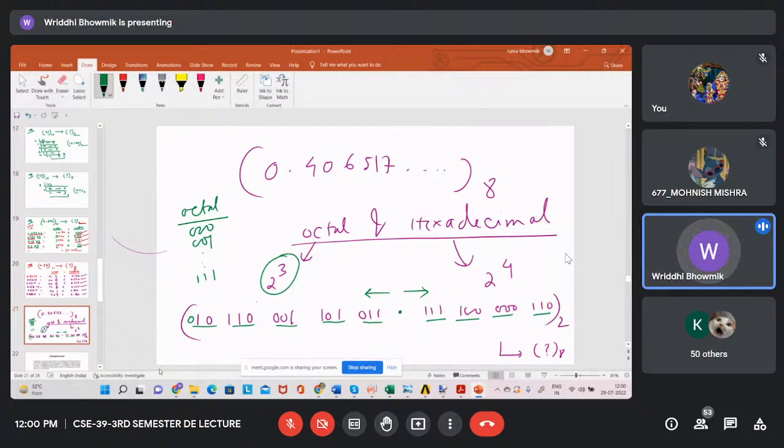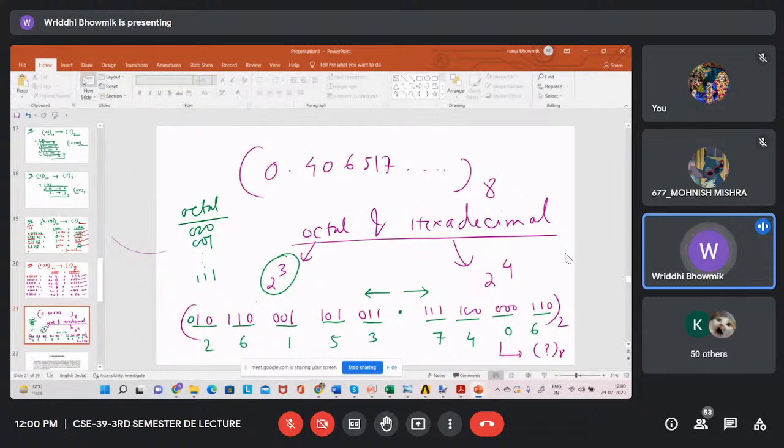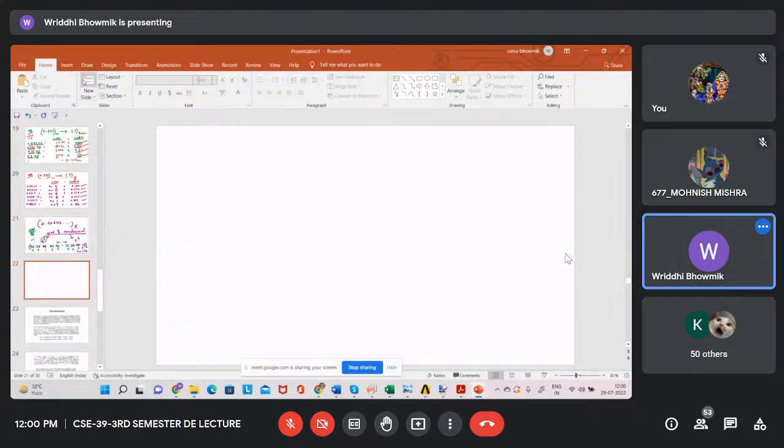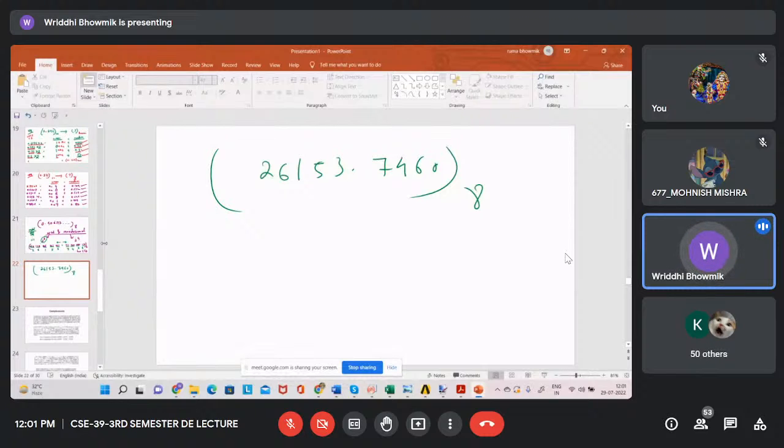And what is 011? 3, 101 is 5, 001 is 1, 110 is 6, and this is 2. And here it is 7, then 4, then 0, then 6. So what is the octal number then? 261, 261, 53.7460. That's it. Simple. You have to make the group of 3 because octal means 2 cube,